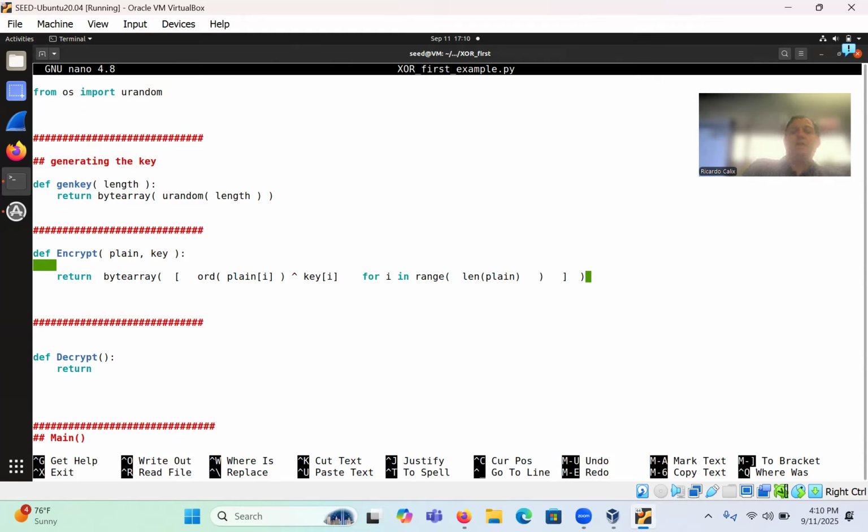So here I'm iterating index by index. From the plain text message, I'm grabbing each letter. I use some of the code from the substitution cipher, and I run each of those letters through the ORD function, which was tied to the ASCII table. That would give me an integer representation that I could XOR with the key itself that I'm also iterating